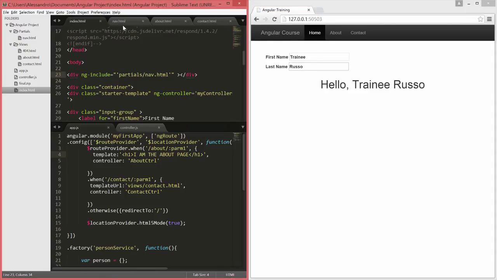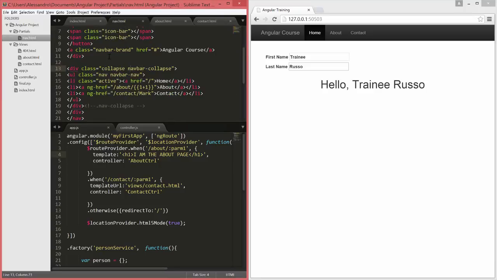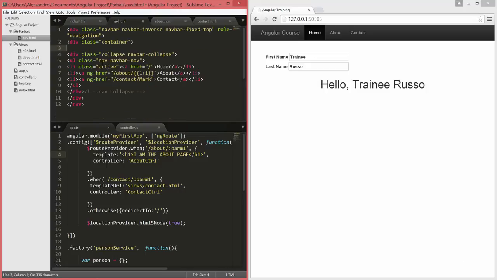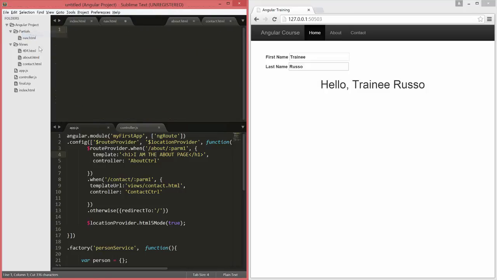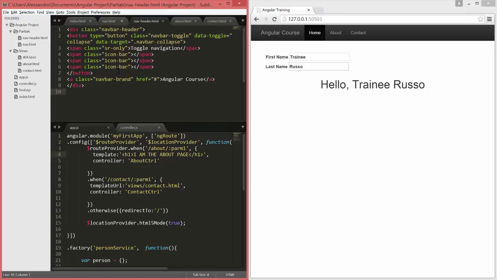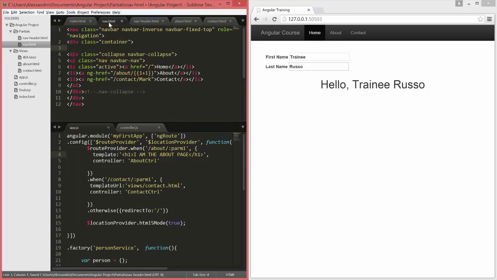But we want to divide our nav.html further. So for example, we want to take away the header, the navigation bar header. So we can simply copy these, create another file, paste it in here, and we'll call it nav-header.html. So what we can do now is actually have nested NgIncludes. So I'll go back to my